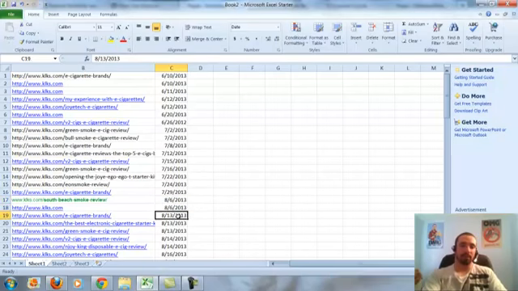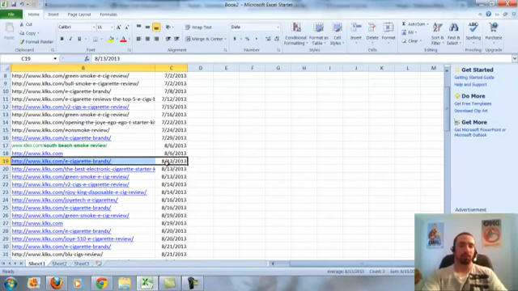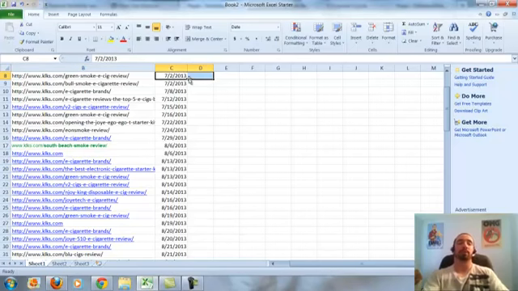Then I went up to 7 again, and this is when stuff started ranking and I really started picking it up. So about 2 months after I started my network links, that's when I started picking it up, linking on average every other day, sometimes every day. This right here could have been from 2 sites. This could have actually been two linking sites. And this is when the e-cigarette brands page started really ranking or started showing signs. So you notice I started really picking it up. I did it on the 13th, the 16th, the 21st, whereas before I was waiting almost a month in between links to that specific page, which again is pretty long.